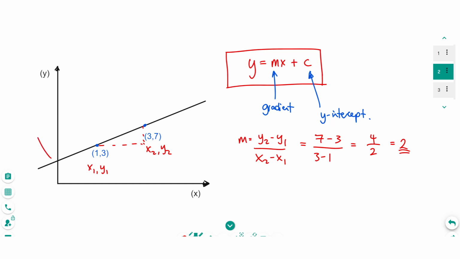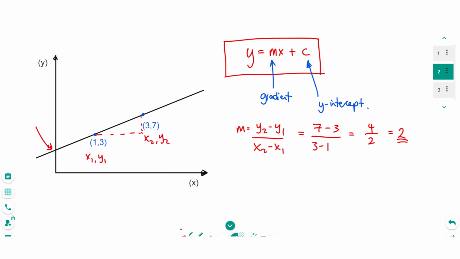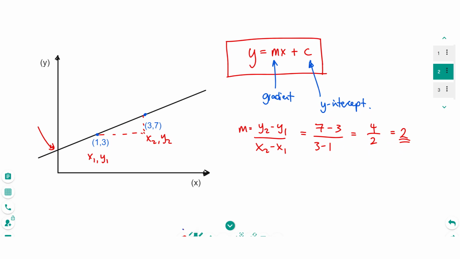But it crosses the y-axis at a certain point, and we don't know that yet. So how do we work that out? The way we do this is using y equals mx plus c, we substitute a point in. So sub in any point on the line. So let's do 1, 3. So sub in point 1, 3 into y equals mx plus c, which is 2x plus c, because the gradient is now 2 and m is 2. So if I substitute in 1, 3, where 1 is x and 3 is y, then I can say